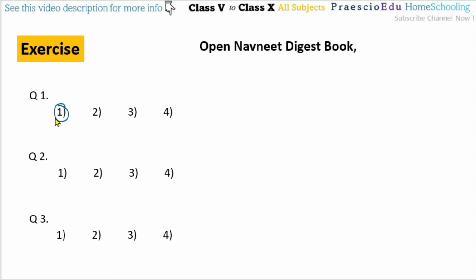Then question number 2: which of the following nets will fold into a cuboid? Now, a cuboid also has rectangular shapes. If you see options number 1 and 3, option 3 has a different dimension at the bottom side, that is the fifth face. Six surfaces are required to form a cuboid, and out of those, at least 2 or 4 surfaces must be rectangular. So option number 3 is correct for question number 2.